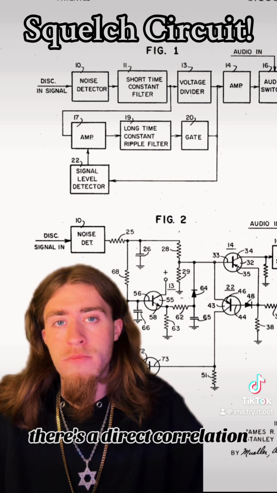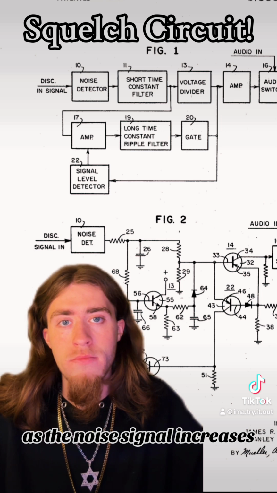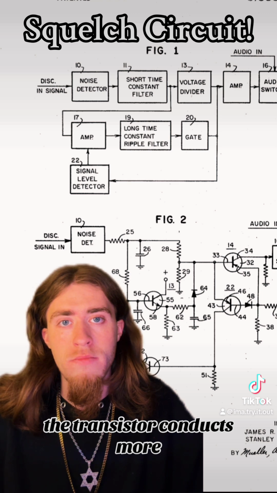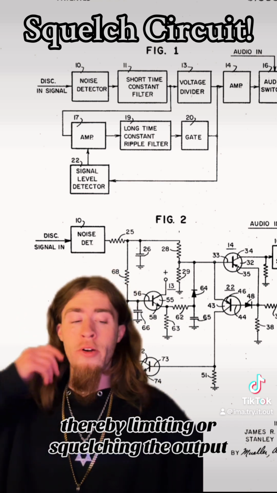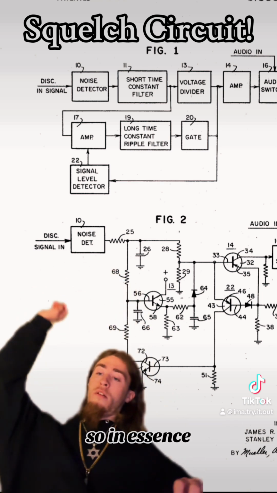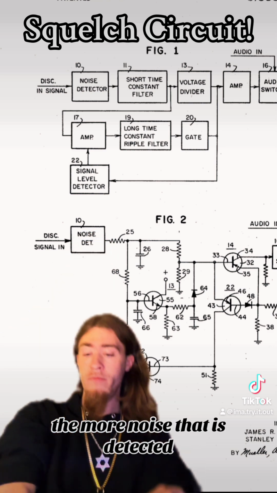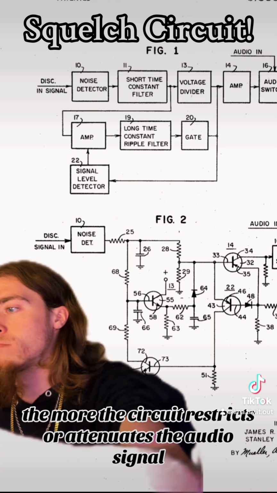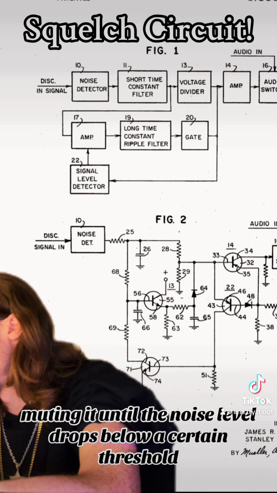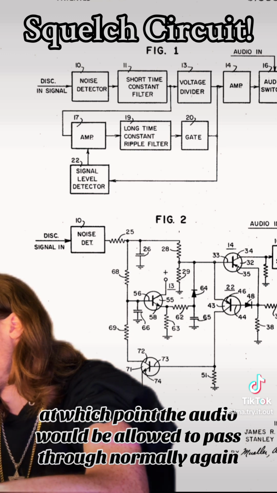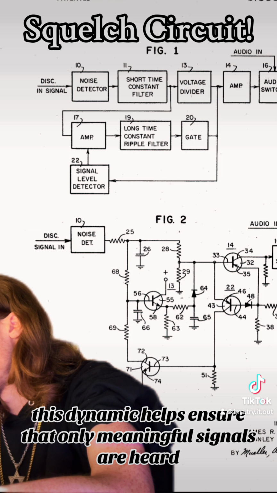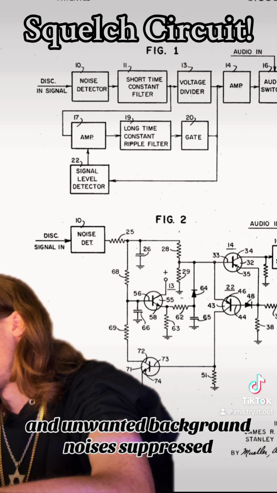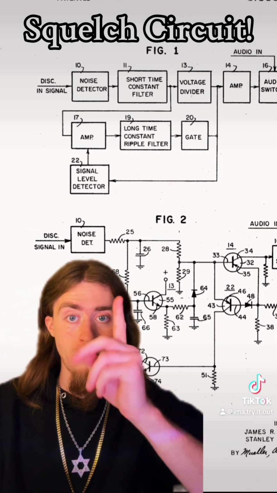Exactly, you've got it. There's a direct correlation. As the noise signal increases, the transistor conducts more, which lowers the voltage applied to the audio switch, squelching the output. So in essence, the more noise that is detected, the more the circuit restricts or attenuates the audio signal, effectively muting it until the noise level drops below a certain threshold, at which point the audio would be allowed to pass through normally again. This dynamic helps ensure that only meaningful signals are heard and unwanted background noise is suppressed. It's an effective